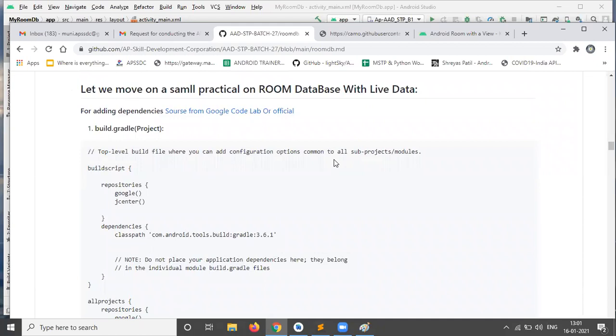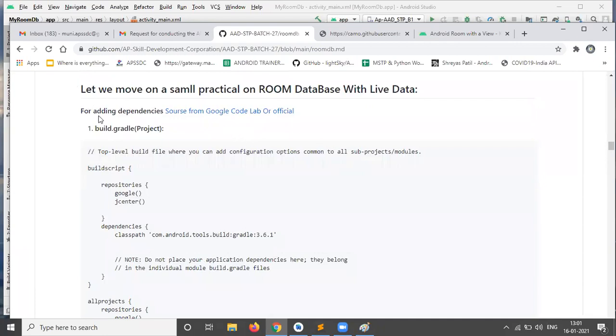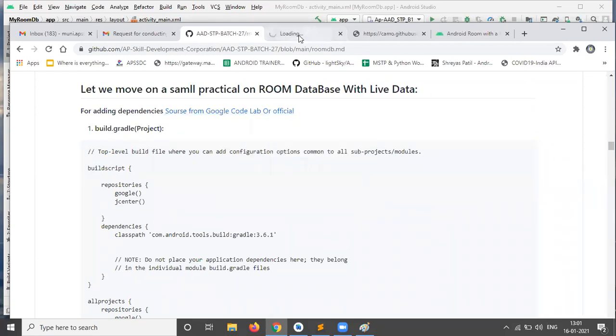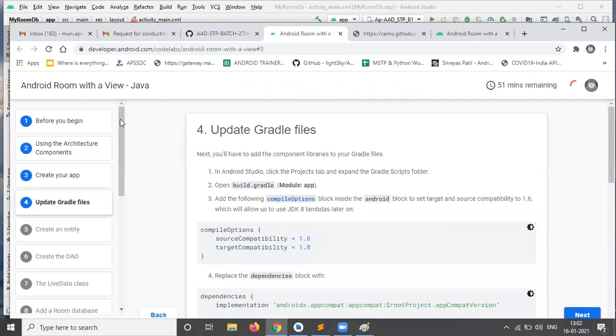The procedure is the same. So for adding the Room database dependencies, I took the source from Google Code Labs. So this is the official website link. You can just click on that. This is for Java.